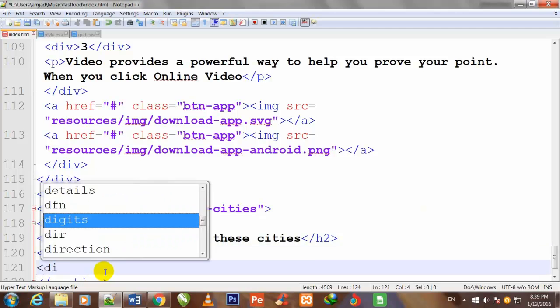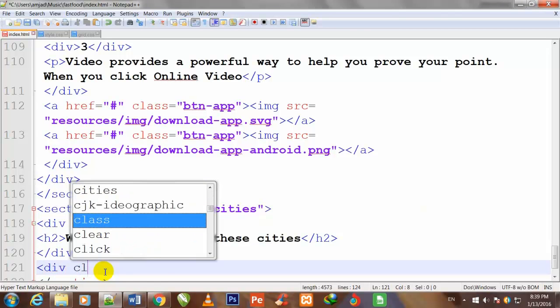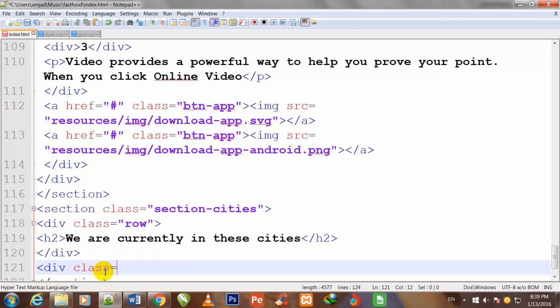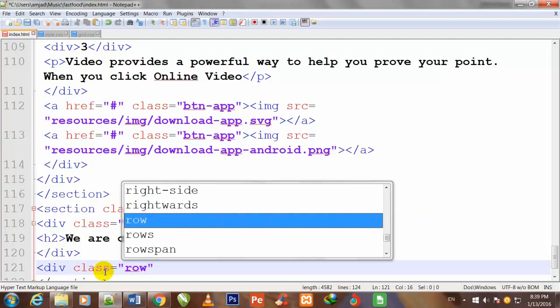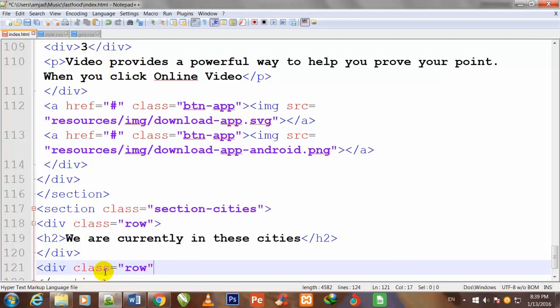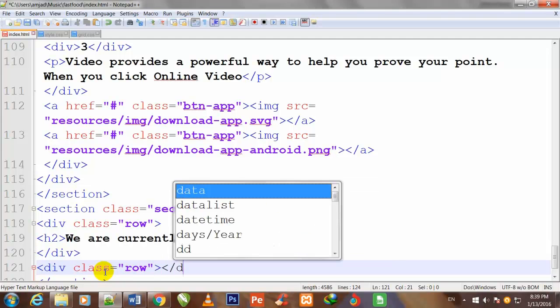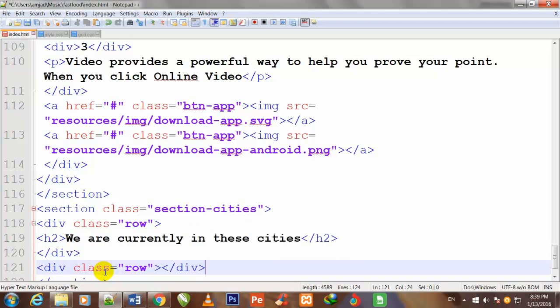So friend, now I come out of this div and make one more div and give it a class also. Class is equal to row, the same class as above, and I close that div.